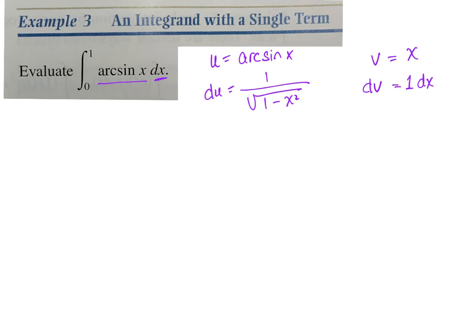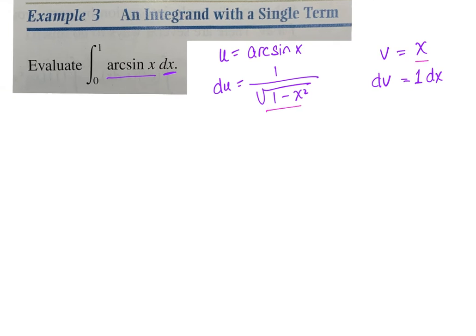And so while it seems like this is not going to be an easy antiderivative, it's actually just a really easy U-substitution antiderivative that we're going to end up having. Okay? Because keep in mind, you're going to multiply the v and the du to take the antiderivative. So I'm going to end up with an x over some weird function that has x squared. It will allow me to do a U-substitution. Okay? So I'm going to say, well, u times v, and I'm going to put the v in front, just so it doesn't get caught up in the arc sine. So x arc sine of x minus v, which is x, du, which is the 1 over